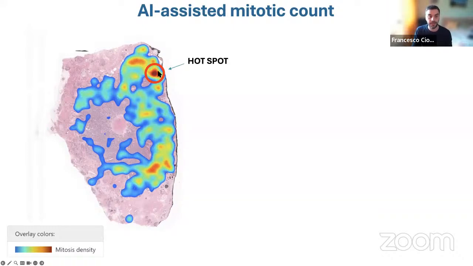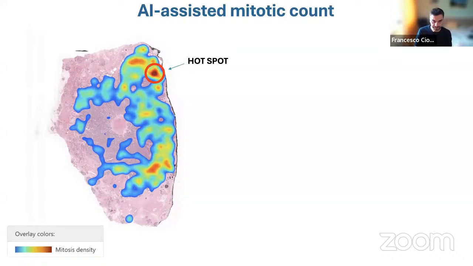And then pathologists may just end up in one of them, and then they count mitosis there. So first, they don't agree on where the hotspot is, and second, if you show the hotspot, they also don't agree on what is a mitosis and what not. So we said at some point, can this be helpful? So what if we show the hotspot to pathologists?